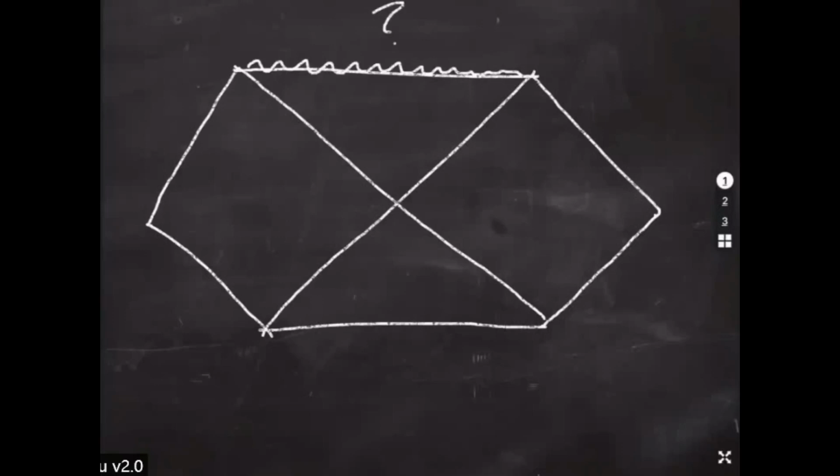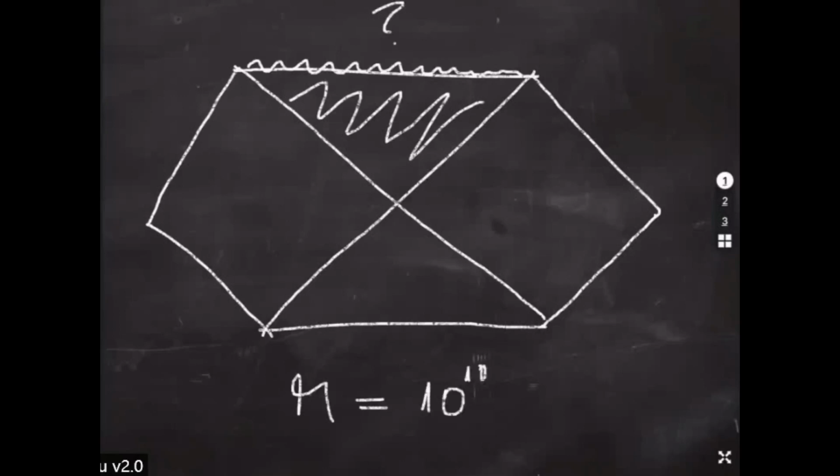So we imagine that we have this black hole over here. This black hole here corresponds to a black hole with a mass of, I don't know, let's say 10 to the 10 solar masses, okay? Because if it was a very small black hole, then we would be totally disrupted before crossing the event horizon.